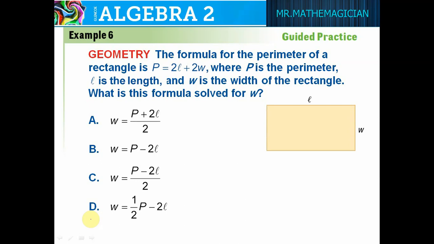You will find the answer will be, yes, W equals P minus 2L over 2. Let me show you how. This is P, the original one. P equals